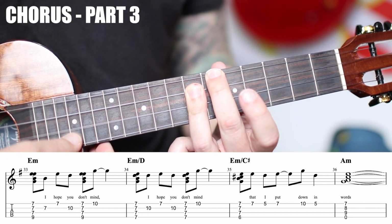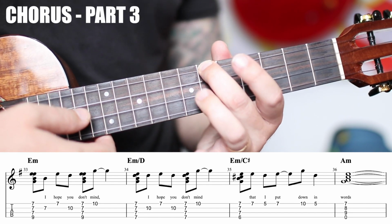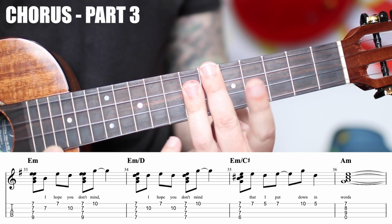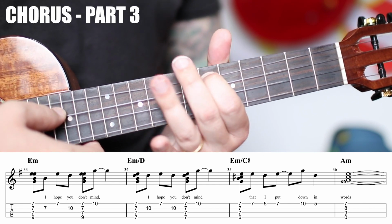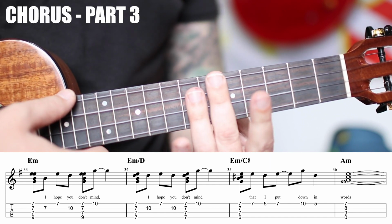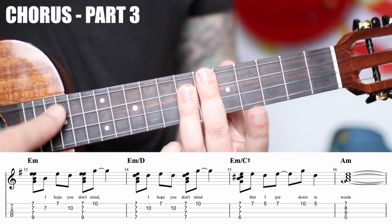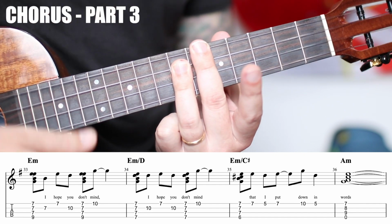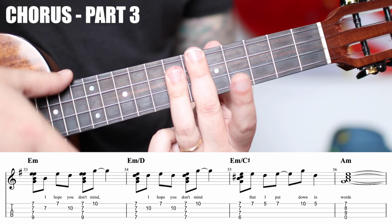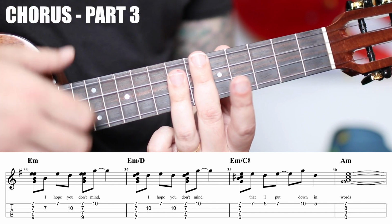It's 6, 7, 7, 7 because it's E minor with a D in the bass, E minor with a C sharp in the bass. Similar to what we did earlier in the song, right? So you're going to play that one down, up on the 7,